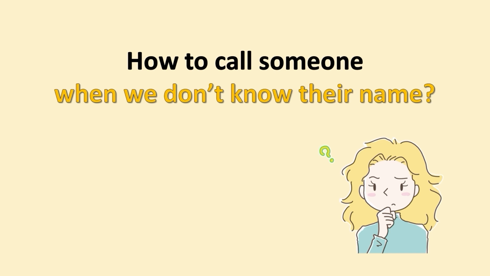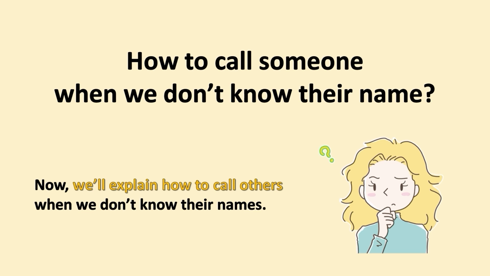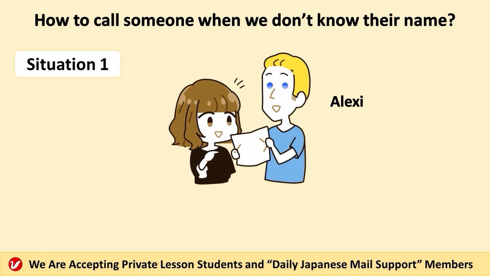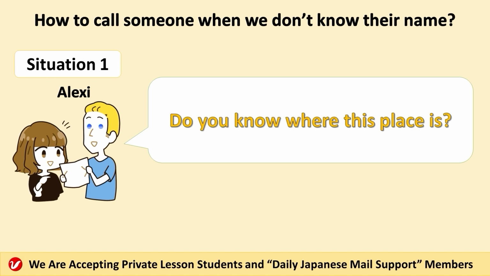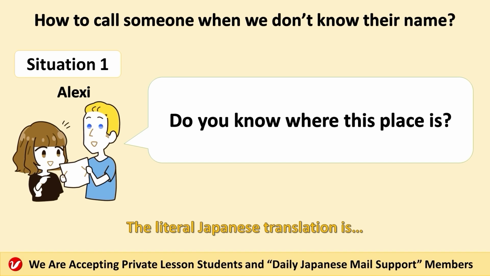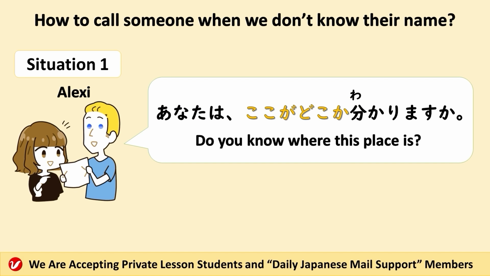How to call someone when we don't know their name. Do you ever wonder about it? Now, we'll explain how to call others when we don't know their names. Situation 1. Alexei is a tourist in Japan. He talked to a stranger. He wanted to say, Excuse me. Do you know where this place is? The literal Japanese translation is すみません。あなたはここがどこかわかりますか？